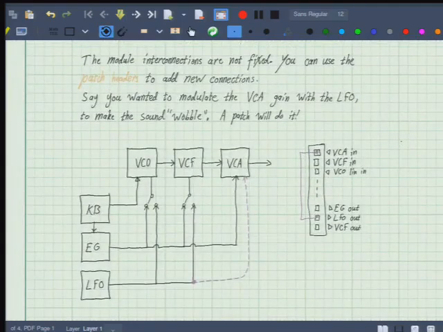The last thing I want to talk about, and I'll touch on this later, is that in the original diagram, which I've reproduced, there's a certain set of fixed connections of how the different control voltages can affect which modules, and which audio modules are connected to which ones. Those are fixed in the sense that you can't get rid of them, but not in the sense that that's all you can do. There's a little patch area on the right side where you can add new connections to any of these modules that you want, and that can produce a lot of other interesting effects as well. Hopefully if we have time, I'll show an example. All the connections you can make don't necessarily make musical sense, but for the most part, they're at least interesting experiments to try.